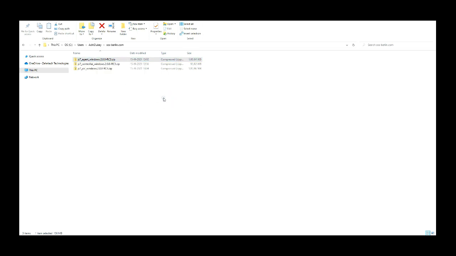Extract the zip file. You will see a new folder with the name agent. Move inside the folder. You can see the files and directories to start the agent in headless mode. Move to the bin folder and from this location open the command prompt.